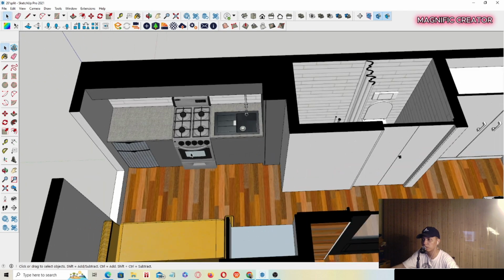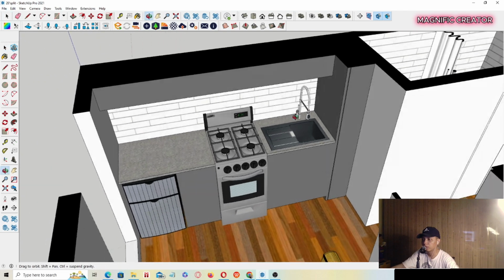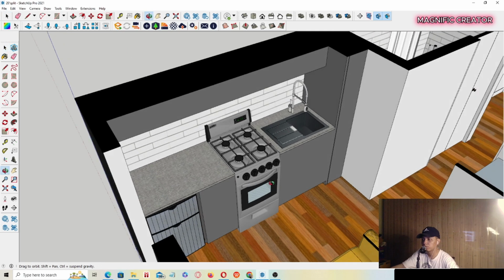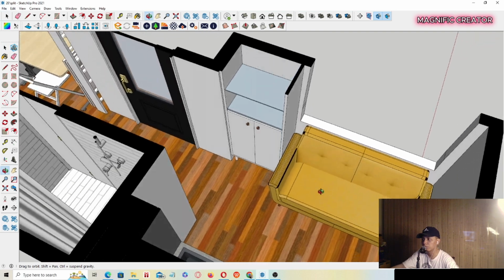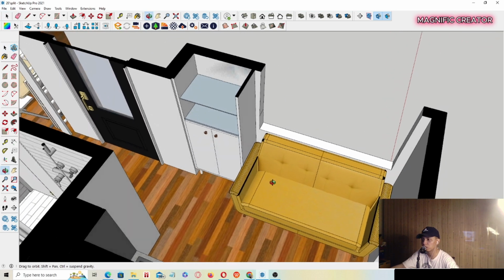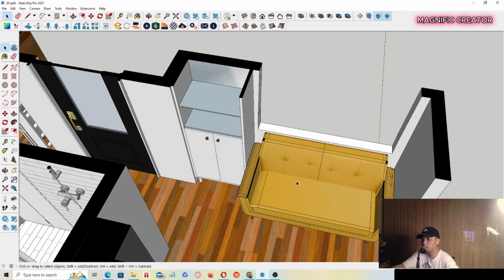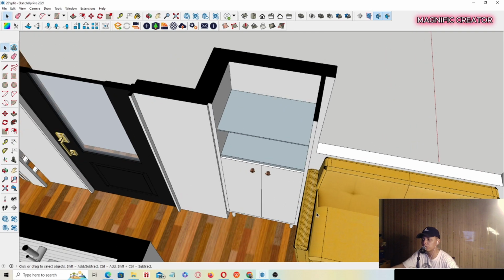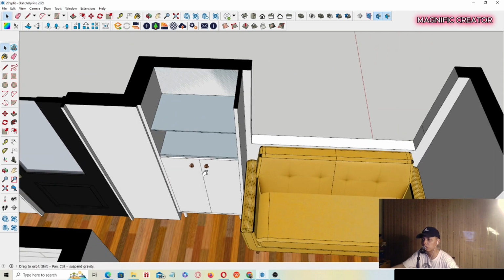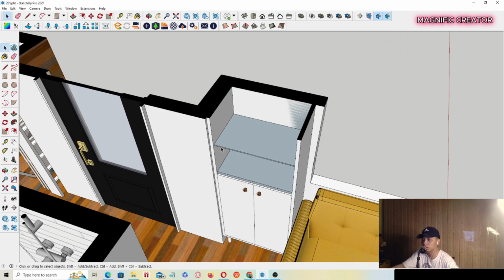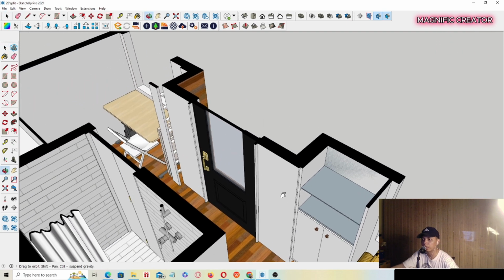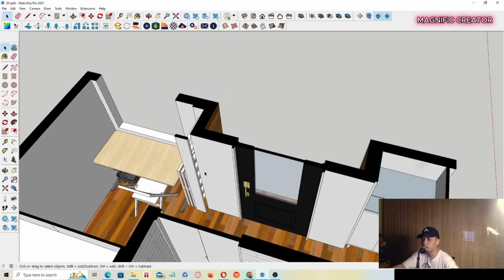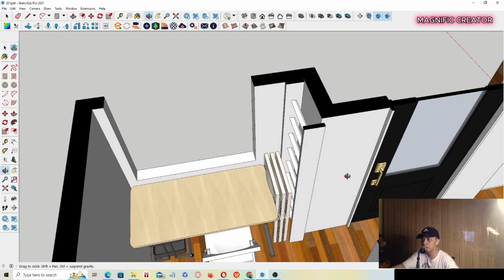And for the left side, it has kitchen and the cabinet on above, and in front of the kitchen it has small sofas area. Maybe it could be a multifunction use, such as eating and just for relaxing over there. And for the left side, behind on the sofas, it has cabinet with several shelves, so the space could be useful for anything. So, and then in the left side of this entrance, it has